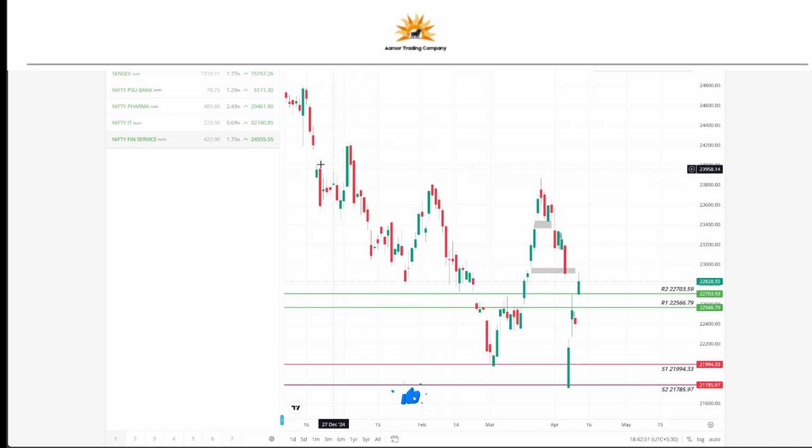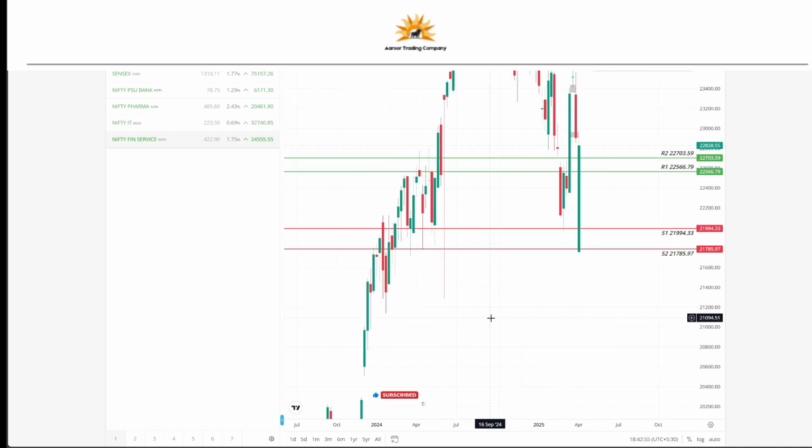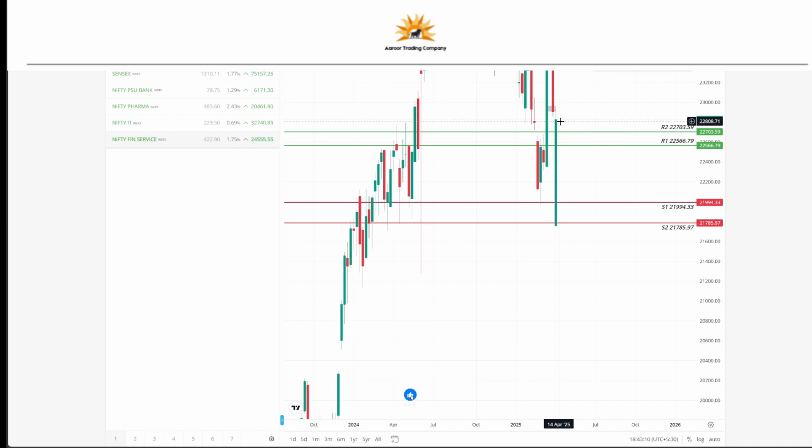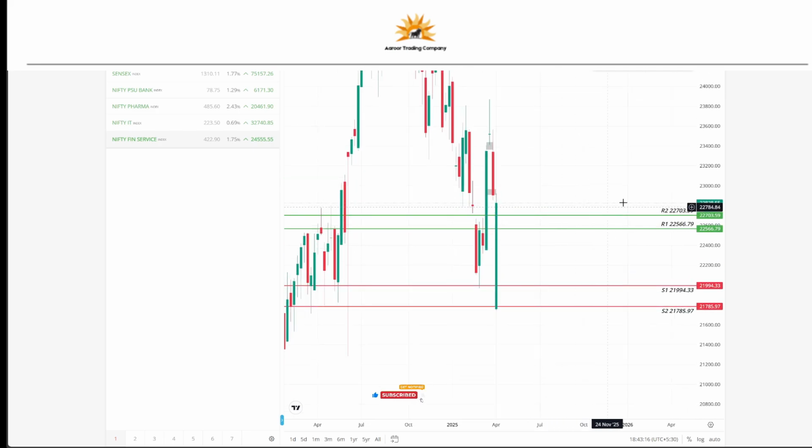So I'm opening the current Nifty 50 chart, going for a weekly time frame. As I said, it has taken a support at S2, 21,785, which is the daily support, where it had broken down, taken a support and closed high. So it has reached the weekly support as well. Looking forward, it has closed in